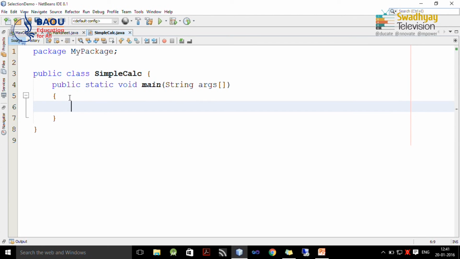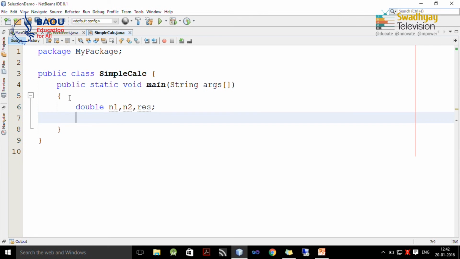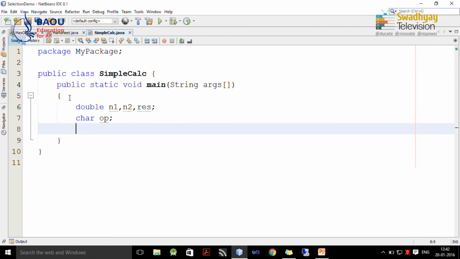Now we define 3 variables n1, n2 and result. n1 and n2 are input by the user, and in result we are going to store arithmetic operation result, and we have one character variable operator which takes plus, minus, multiply or division symbol to perform necessary operation.